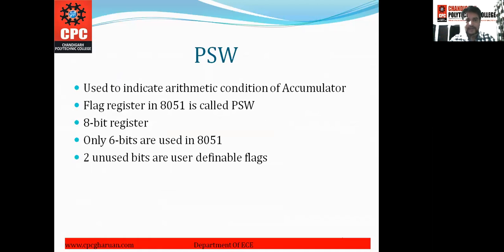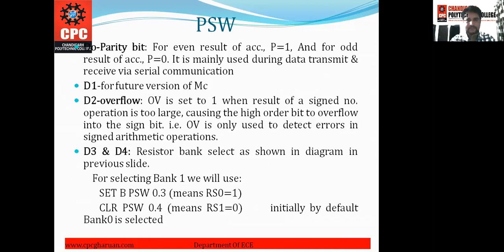That's why the flag register in 8051 is called the program status word. It is 8 bits in size and 2 bits are unused as these are the user definable flags, and we use only 6 bits in 8051 while performing its operations.